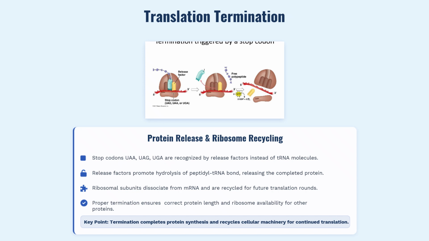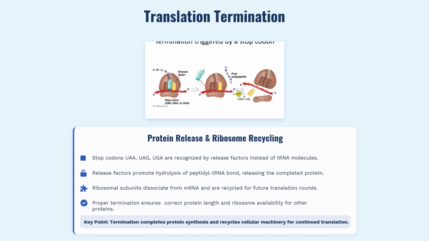Release factors mimic the shape of tRNA but promote hydrolysis of the peptidyl-tRNA bond instead of peptide bond formation. This releases the complete polypeptide chain from the ribosome and allows the ribosomal units to dissociate from the